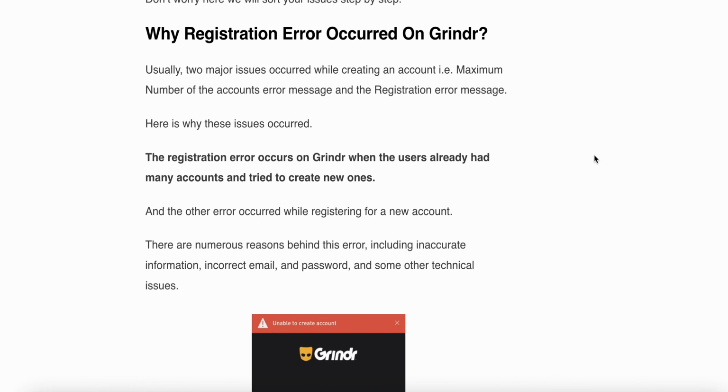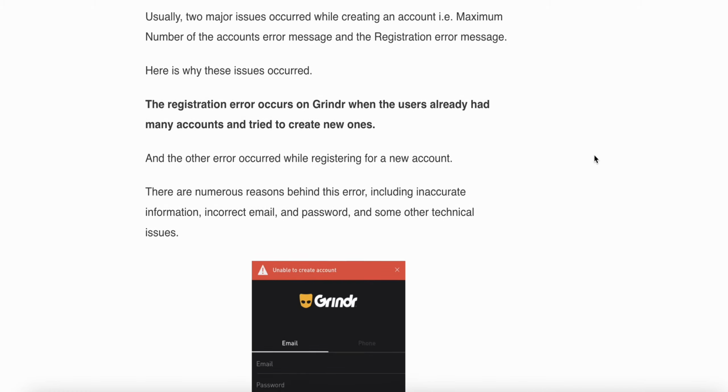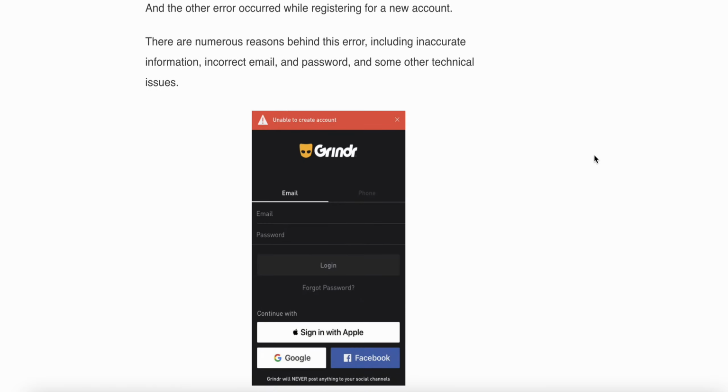So why does the registration error occur on Grindr? Usually two major issues occur while creating an account: the maximum number of accounts error message and the registration error message. Here is why these issues occur. The registration error occurs on Grindr when the user already has many accounts and has tried to create new ones. And another error occurs while registering a new account. There are numerous reasons behind the error, including inaccurate information, incorrect email and password, and sometimes other technical